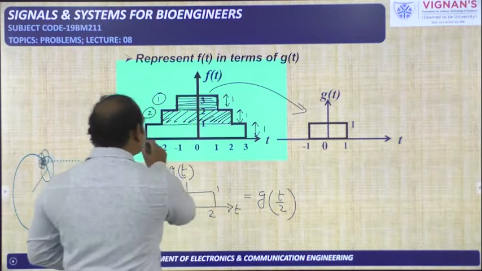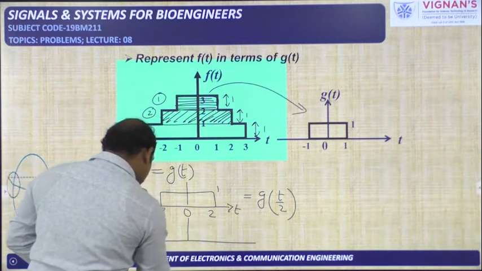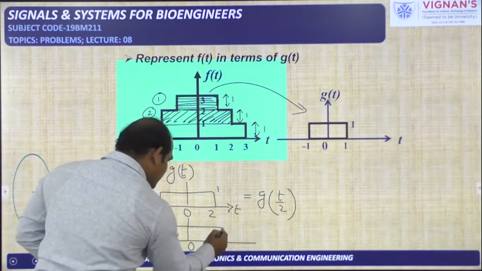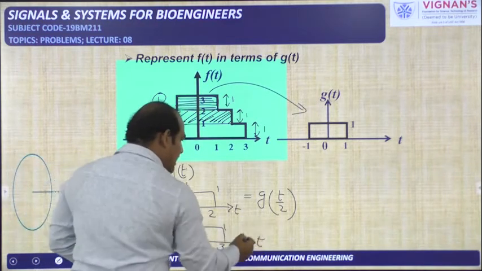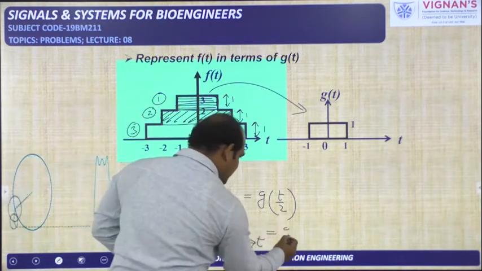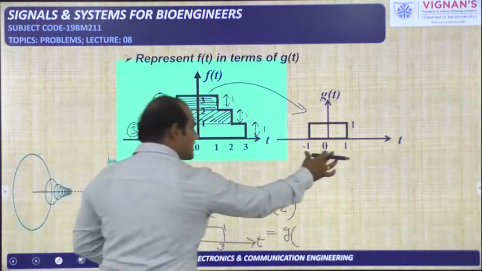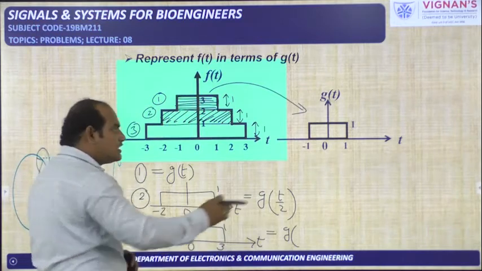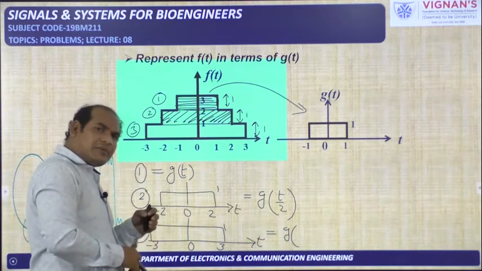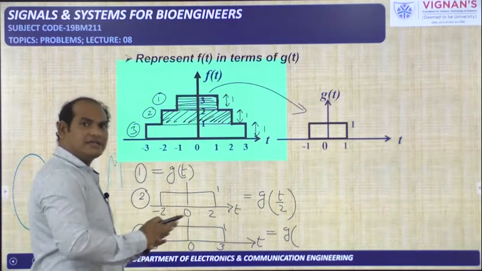Okay. Now another one. Third one I am taking here. Third one is also a rectangle pulse signal. That is from -3 to +3 with amplitude 1. Now you tell about this. Again we need to write this one in terms of g of t. It is of 2 seconds duration, it is of 6 seconds duration. So it will be expanded by how much factor? Factor 3. So by the factor 3 or scaled by the factor 1 by 3. Like that you need to tell.